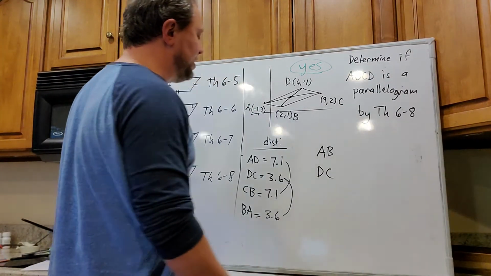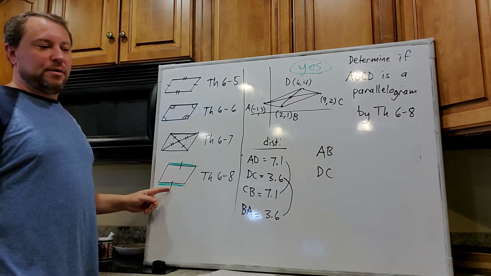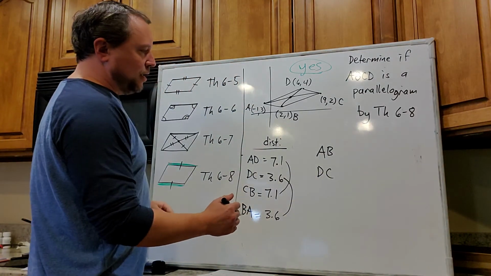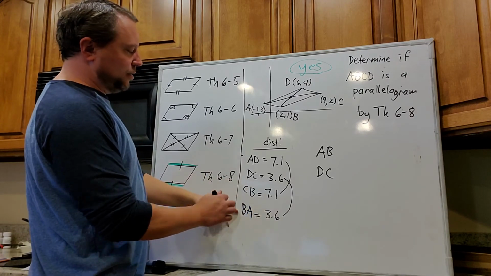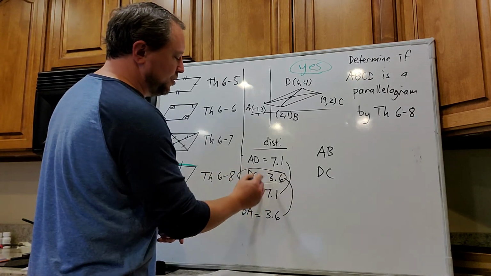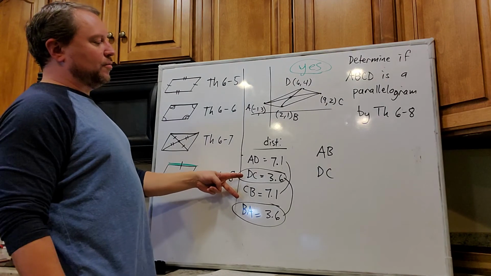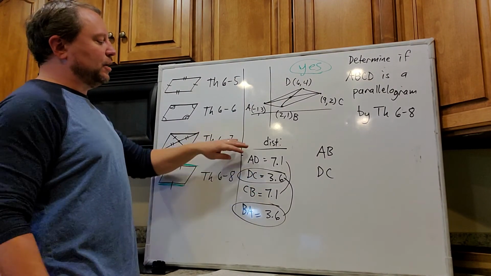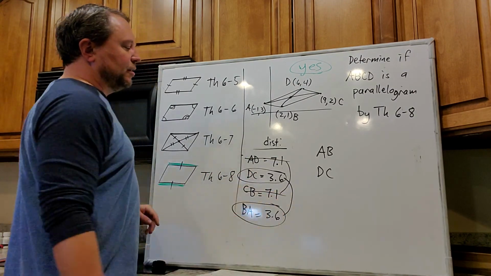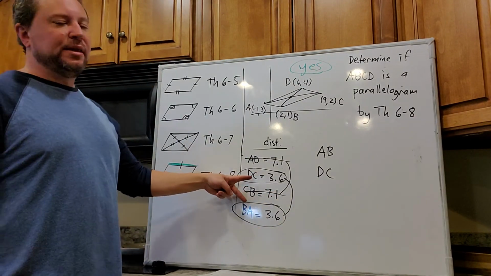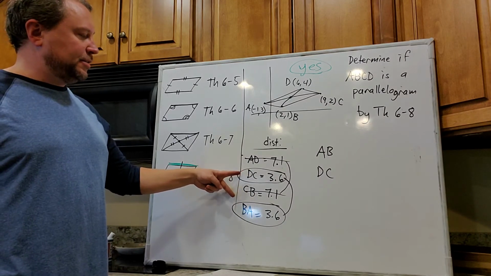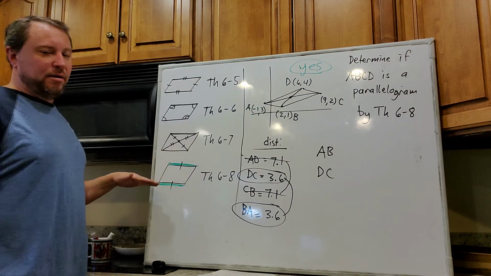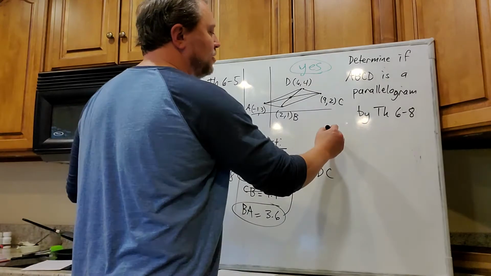Now, one of the things we had to do was show that they're congruent. I've already done that over here, if you look. We had AB and DC were these two. So I've already shown using distance formula right there that those two matched. Now, you wouldn't need these then. You wouldn't need the AD or the CB. You would just find the distance of those two opposite sides, AB and DC. And then, of course, to show they're parallel, we have to check their